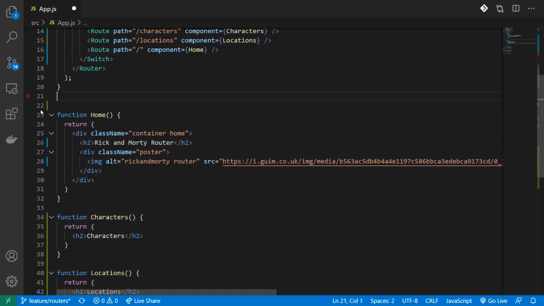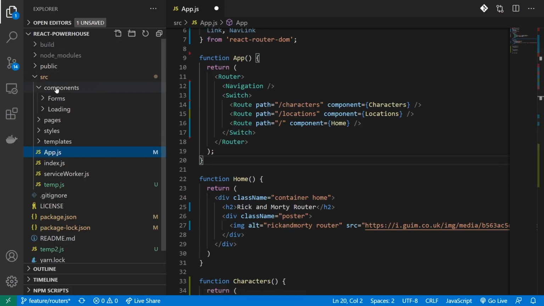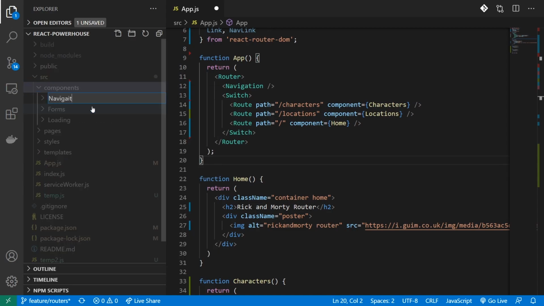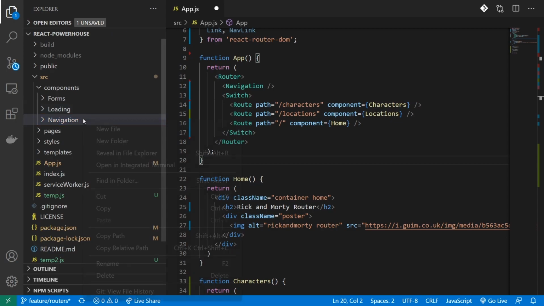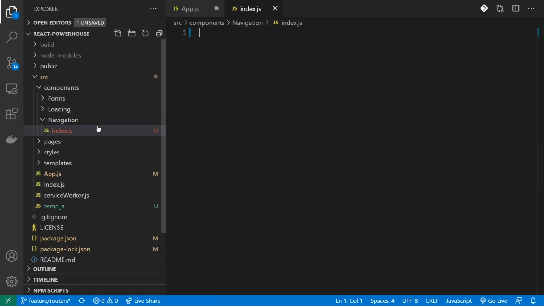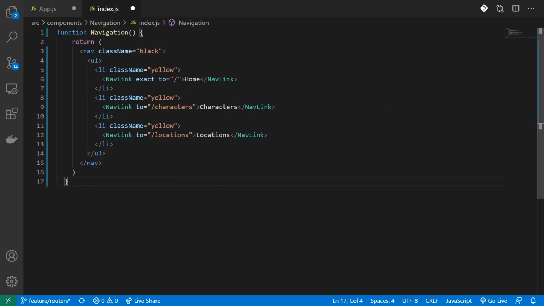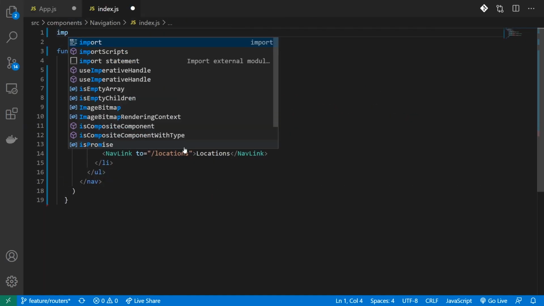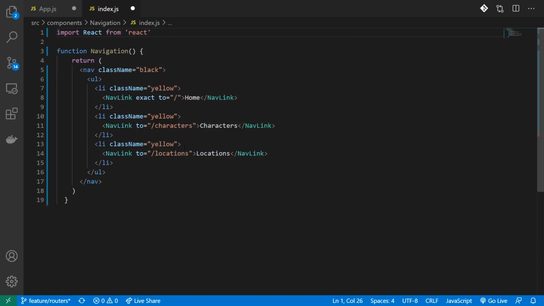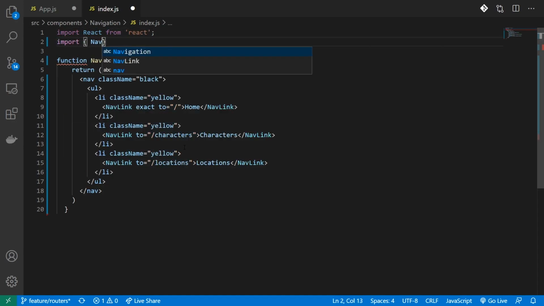So let's go ahead, copy this navigation, and under components, I'll create a new folder, call it navigation. And I'll paste my navigation component over here. I'll import the libraries React and NavLink from the router.